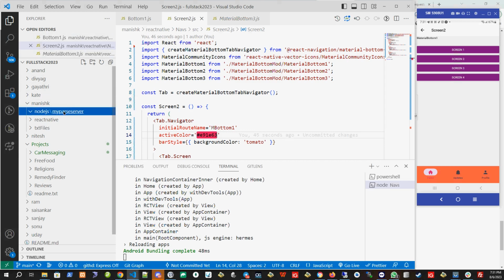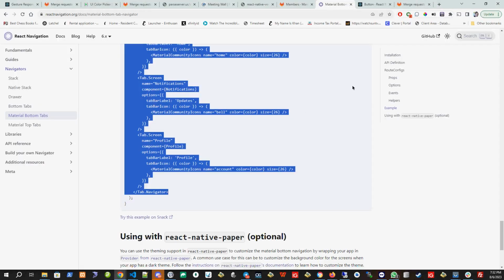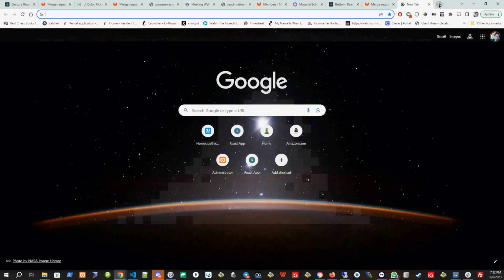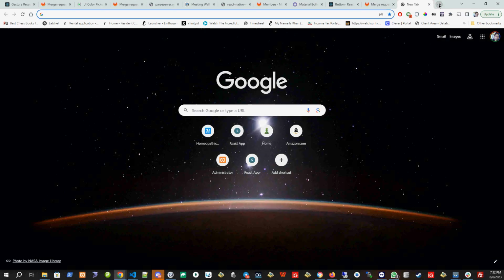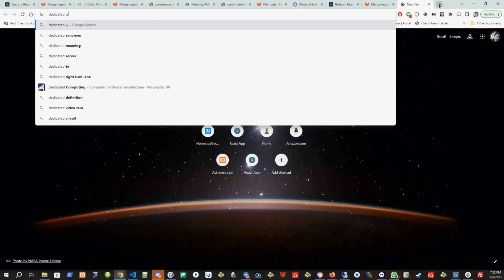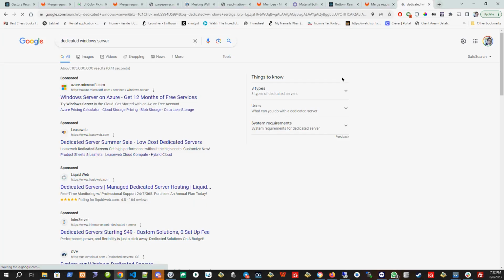Okay, so I'll be installing parse server soon in this my parse server, but I have to install somewhere on the server so that I can access it from anywhere. So it will not be localhost, though I will create it locally first and then install it on the server. So if you're trying to build a real app, you need to get some server. Generally, I buy for myself. I buy the server as dedicated Windows server. I have this dedicated Windows server,